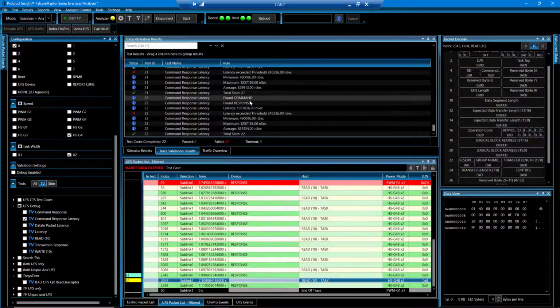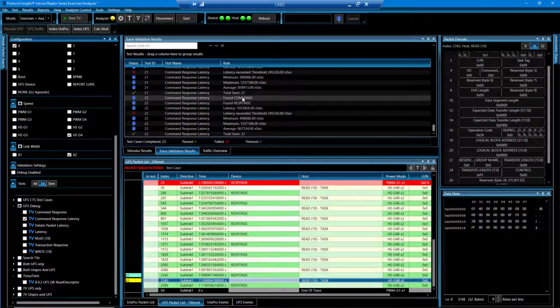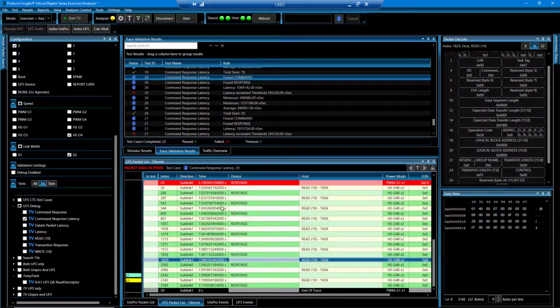In this case, it will find all commands and all responses, and it will give you a latency measurement between them. So instead of having to manually measure the latency using cursors on each packet, you can run this trace validation test, and it will tell you what the command, response, and latency were. If you come up here and select a command packet, and then you put your bookmark on it, you can see that the latency between that command and that response was 1.069 milliseconds, which is what we are showing here